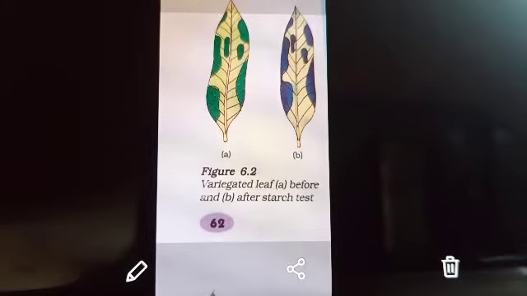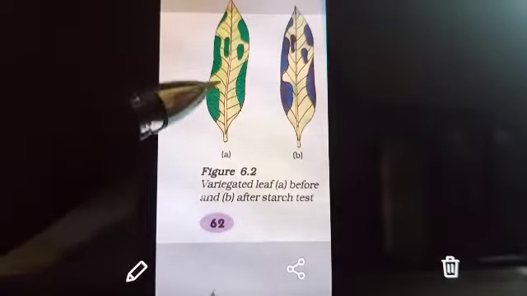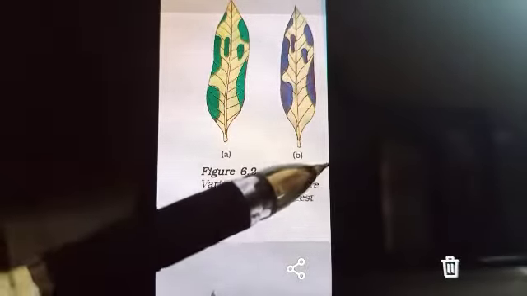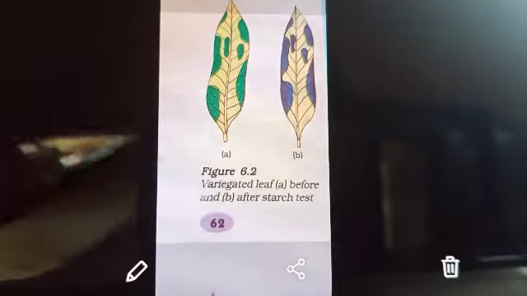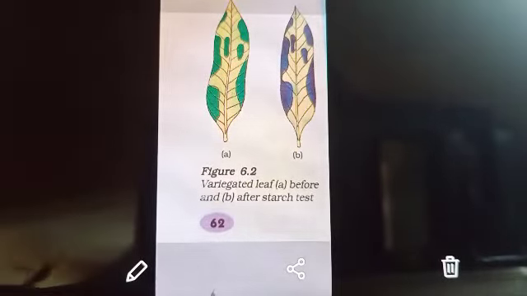What happens to the color of the leaf? What is the color of the solution? Now dip the leaf in a dilute solution of iodine for a few minutes. Take out the leaf and rinse off the iodine solution. Observe the color of the leaf and compare this with the tracing of the leaf done in the beginning. As you can see in the figure, this is how it looked before and how it looks afterwards. First the green color was seen before dipping. After boiling and dipping, it turns blue, which is known as the starch test.